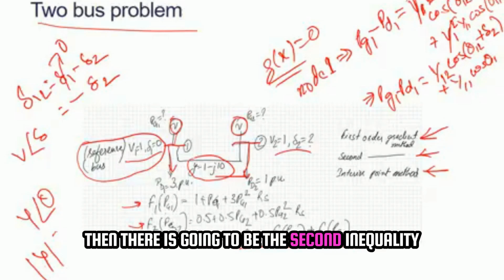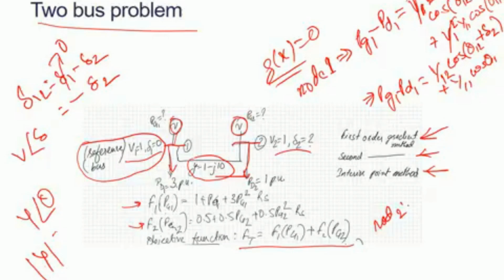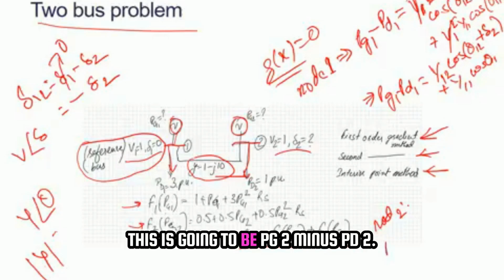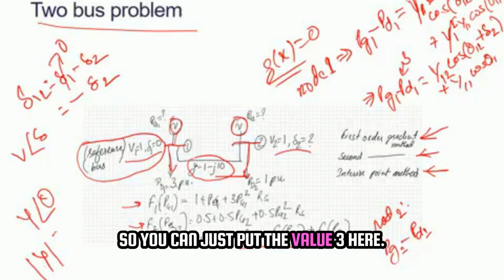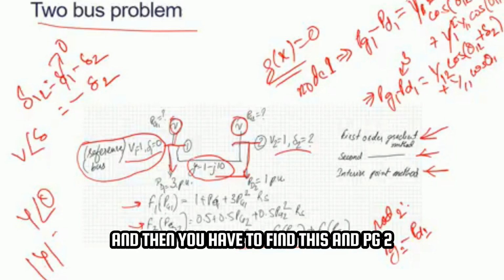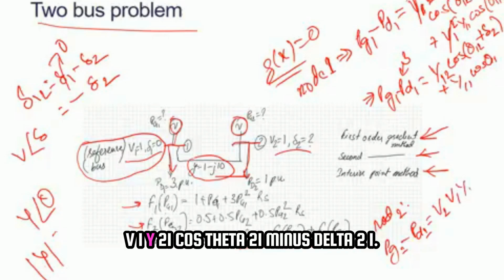Then there is going to be the second equality equation, which will correspond to node 2. This is going to be Pg2 minus PD2. Again, I missed out on this. PD1 is also 3 per unit, so you can just put the value 3 here, and then you have to find this. And Pg2 minus PD2 will be again the same: V2 V1 Y21